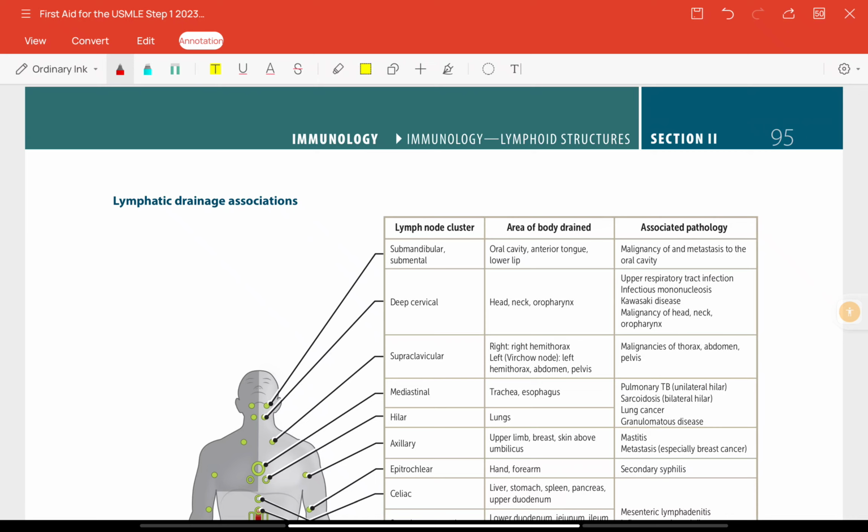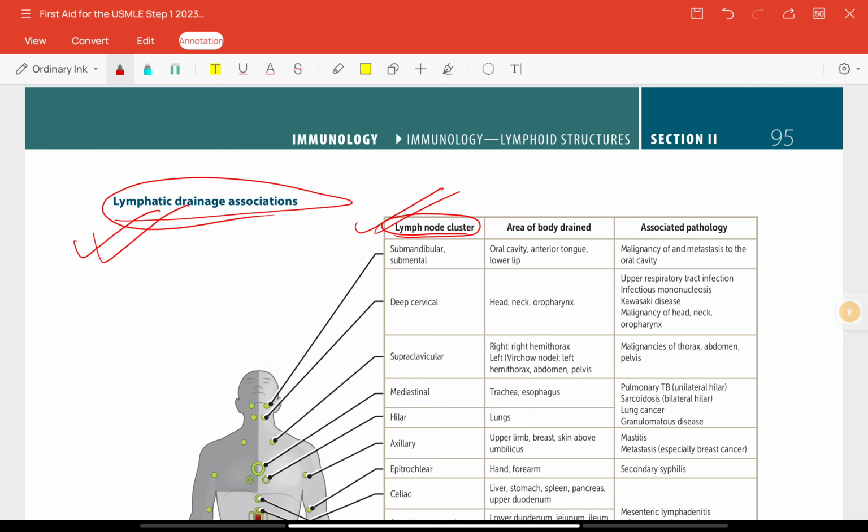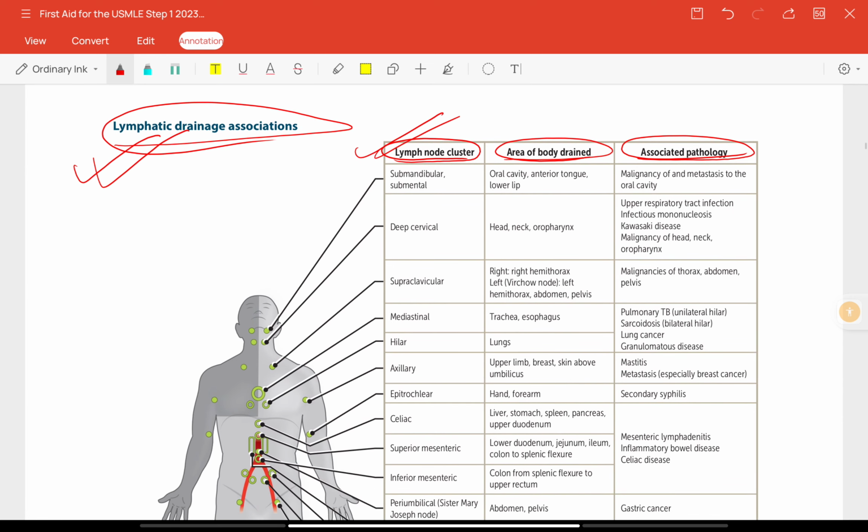Now moving up to the next page, we have lymphatic drainage associations. Here we can see the lymph node clusters, that is different lymph nodes, area of body drained, and associated pathology related to it. The very first one is submandibular or submental. Submandibular and submental nodes drain lymph from the oral cavity, anterior tongue and lower lip, and